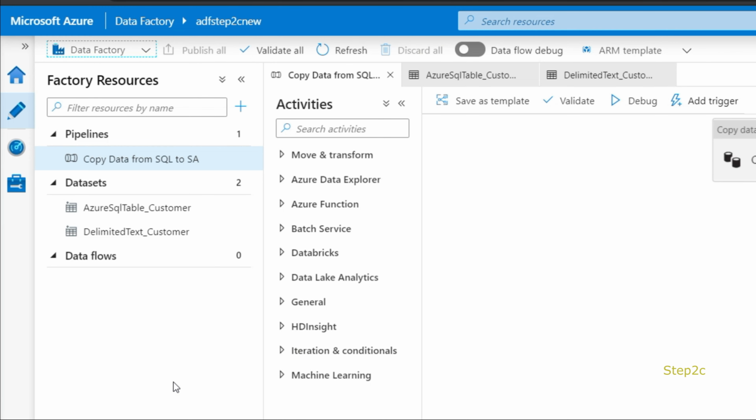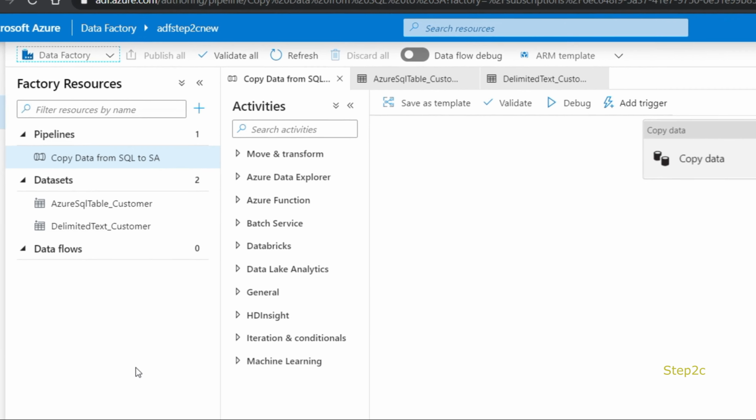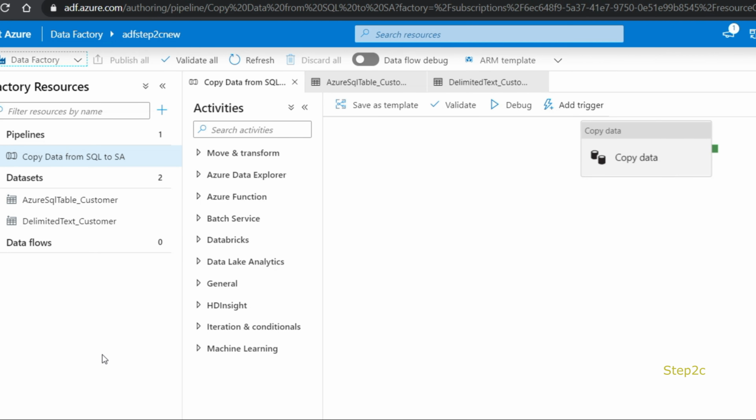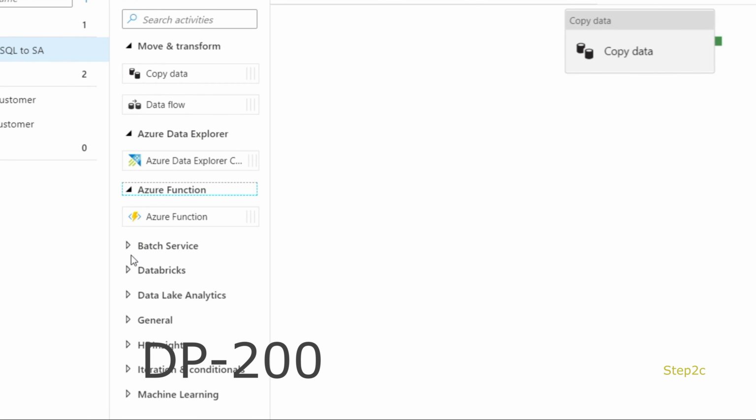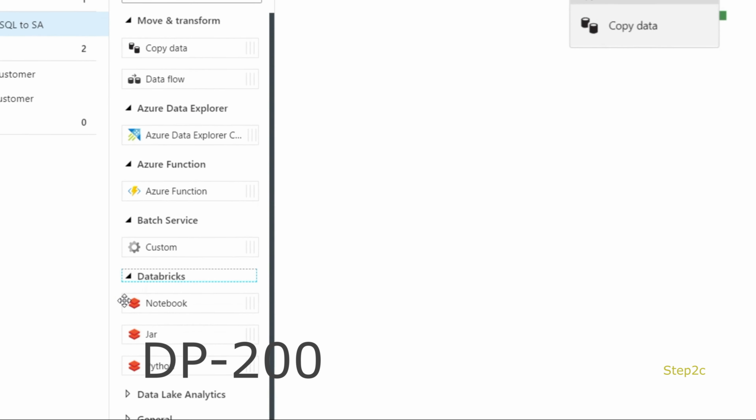By using these 2 datasets, we copied data from our source to destination with the help of a copy data activity. There are many other activities, and we are going to explain them one by one in the upcoming modules.